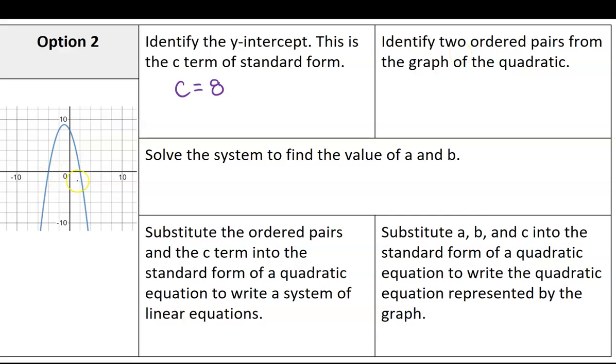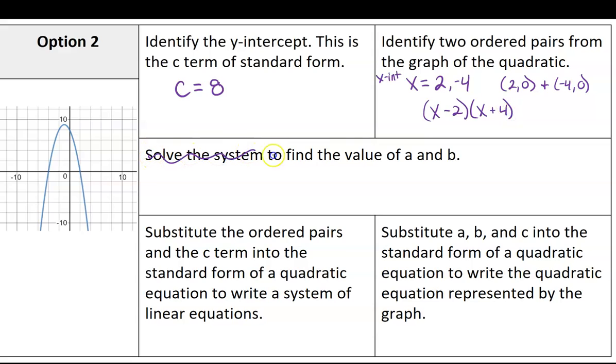Identify 2 ordered pairs. If I can see the x-intercepts, why not use them? So I have x-intercepts at positive 2 and at -4. If those are 2 x-intercepts, then we're going to have an ordered pair at 2, 0 and at -4, 0. So if I were to write it as x minus 2 times x plus 4,